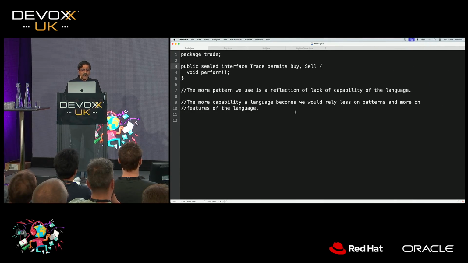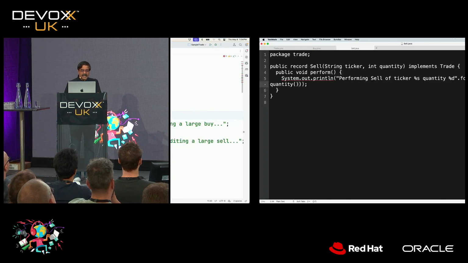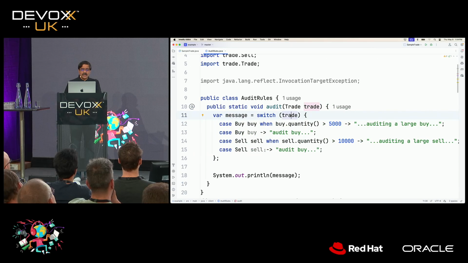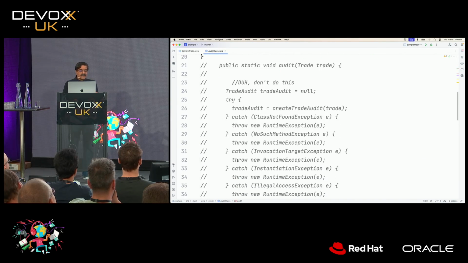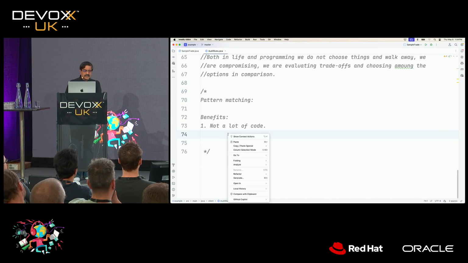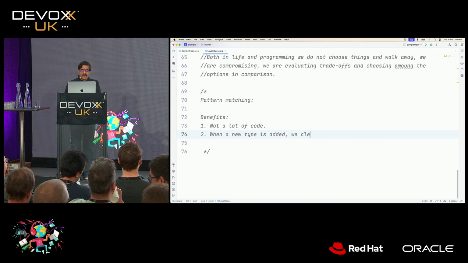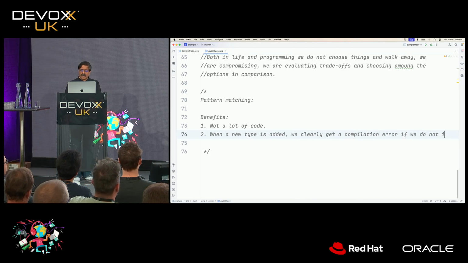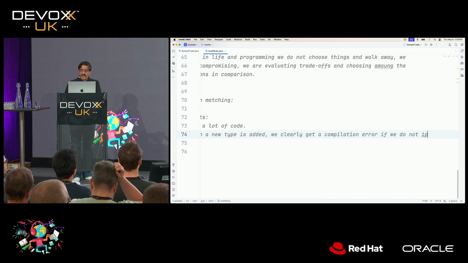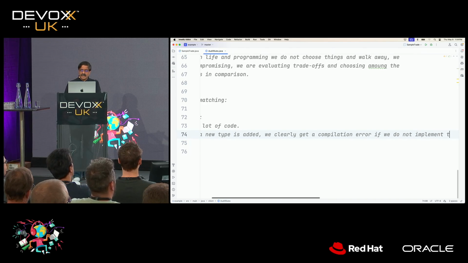So that's actually very powerful, as we can see in this particular case, right? So that's a benefit you get out of that. So given this, you also have the benefit that when a new type is added, we clearly get a compilation error if we do not implement, in this case, the default.